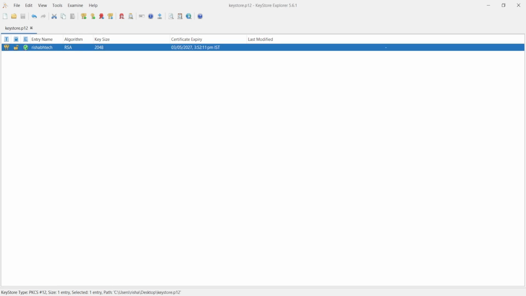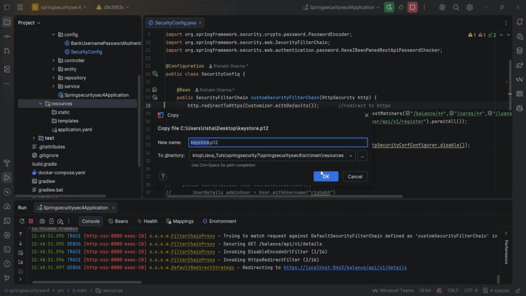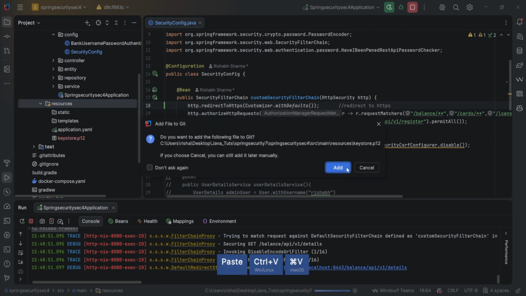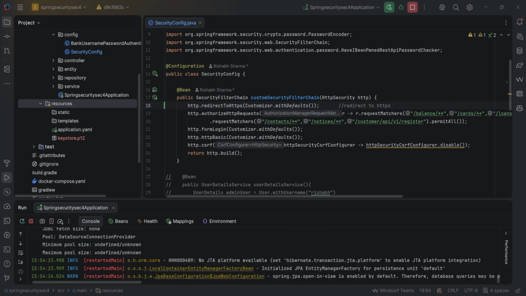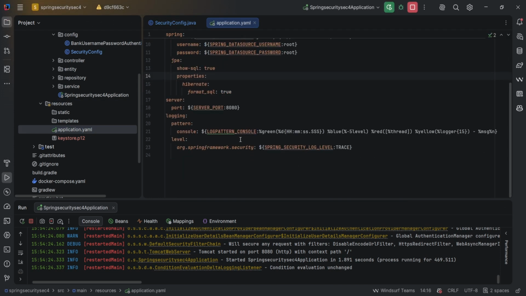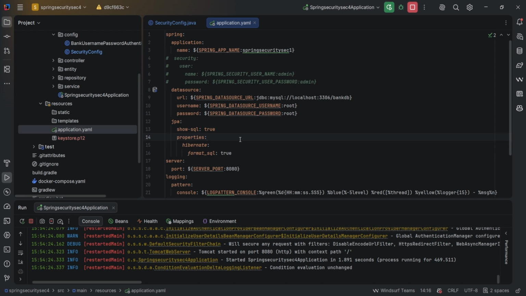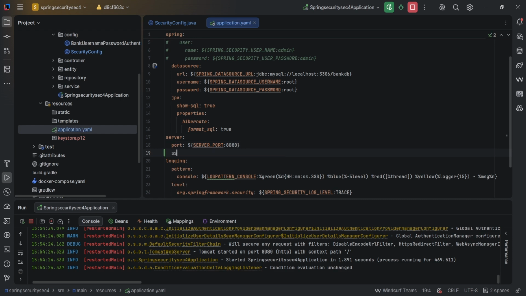Yes, so what I need to do is go to my desktop, copy the keystore file, come here and paste it inside the resource section. Okay, now what I need to do is add some SSL related configuration. We need to configure it here in the application.yaml. You need to go to the server, and inside the server you need to add the configuration, which is